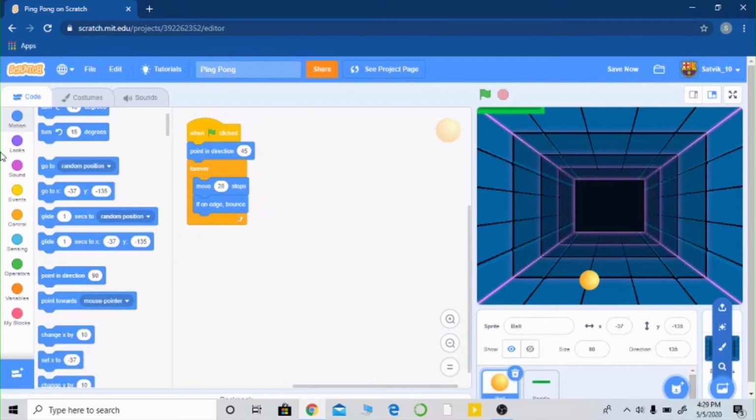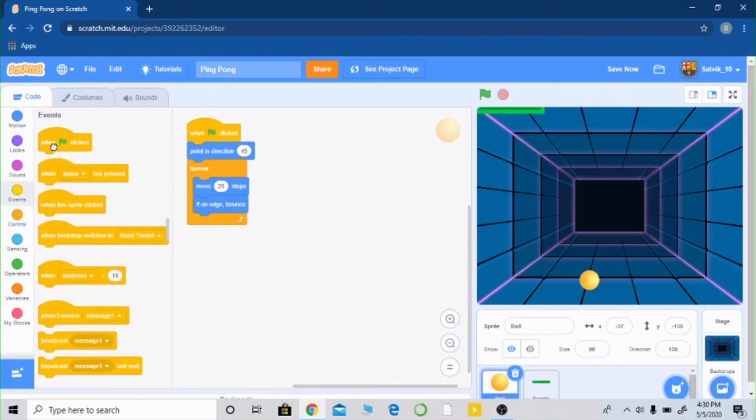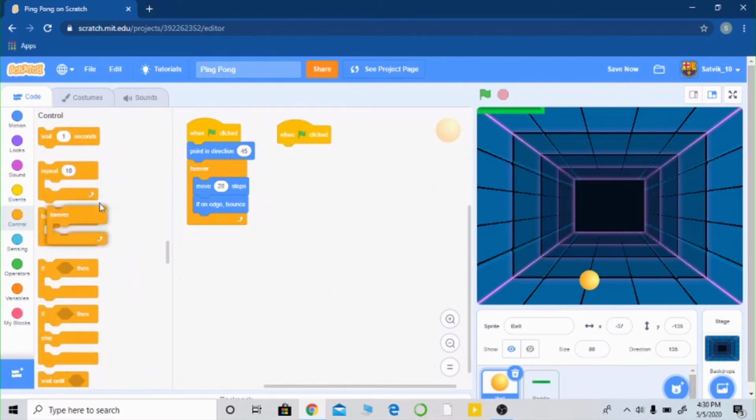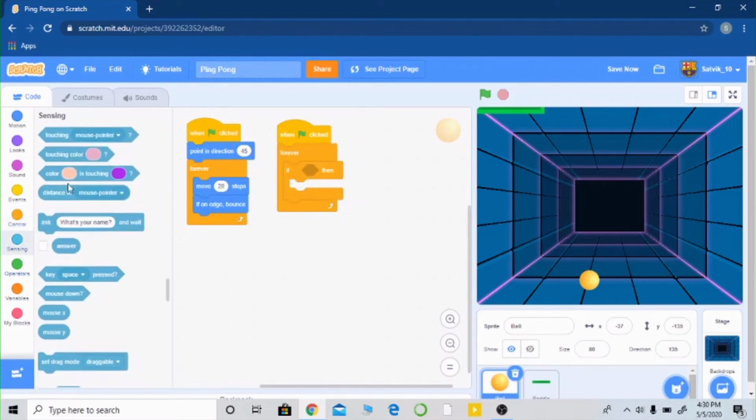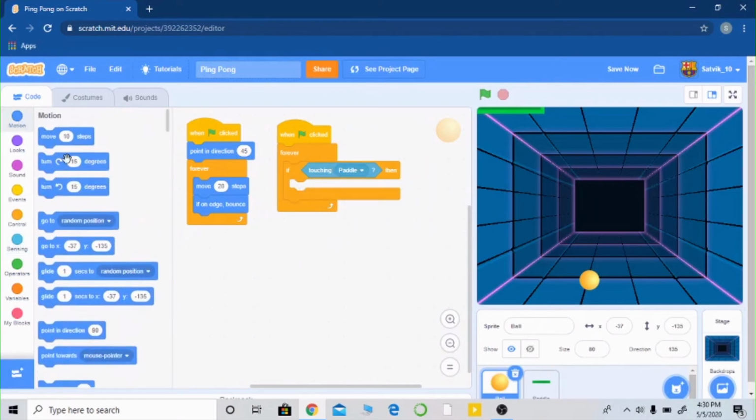So now whenever the ball touches the paddle, you want it to bounce off, right? So you're gonna stay at your ball code and grab another whenever green flag clicked. Grab a forever loop, an if then statement, go to your sensing. If touching the paddle, then you're gonna do this: turn